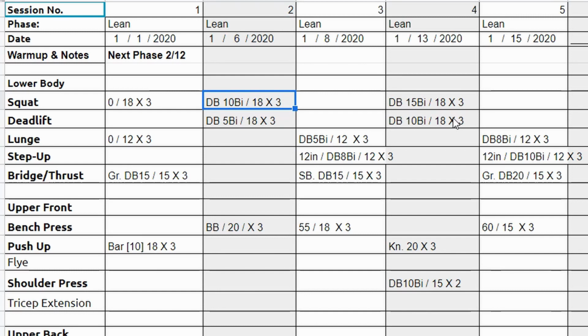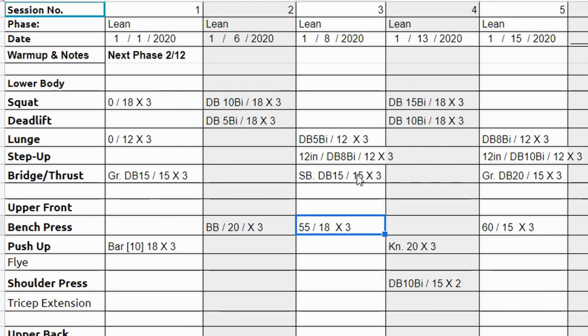I was trying to fatigue this client's muscles. So yeah, for a lot of these exercises, she only had a few reps left in the tank each time. Again, I don't need to push this client to failure. Maybe I will once in a while, especially if it's something like a bench press where I can easily spot the client. But at the very least, I want those last few repetitions to be challenging every single time.